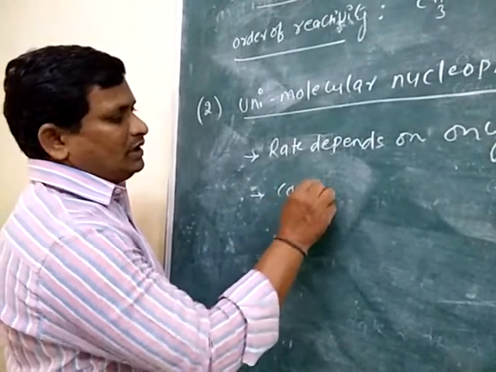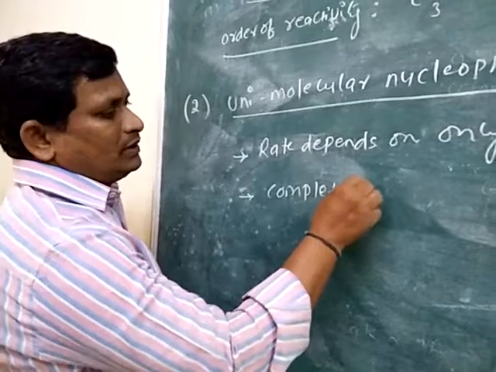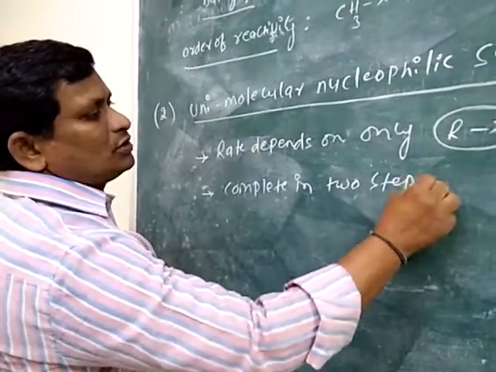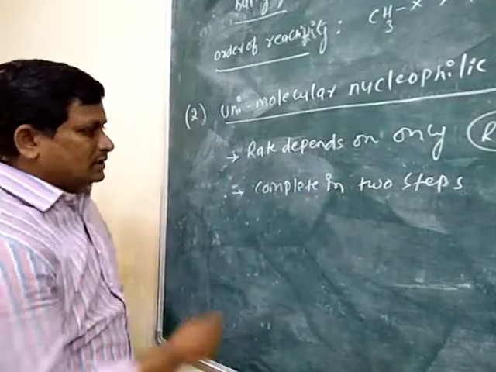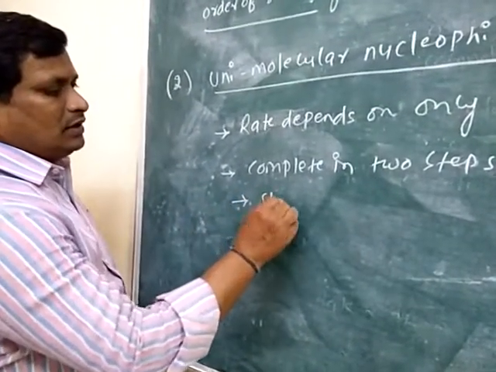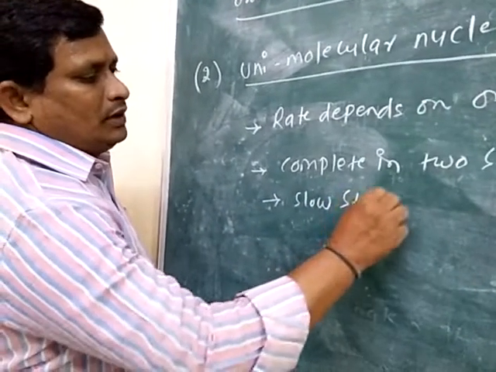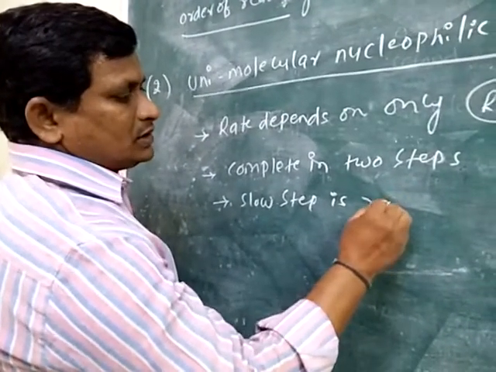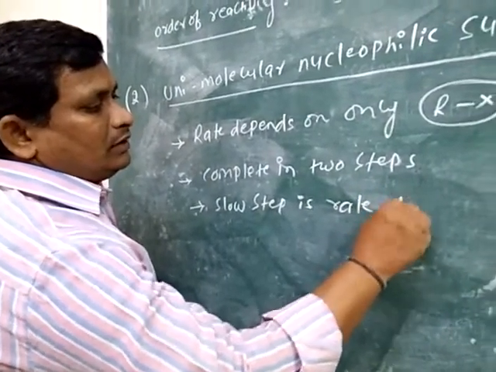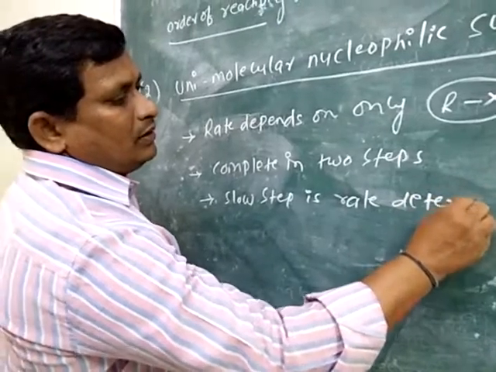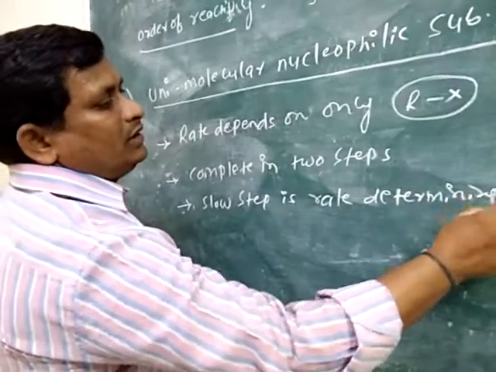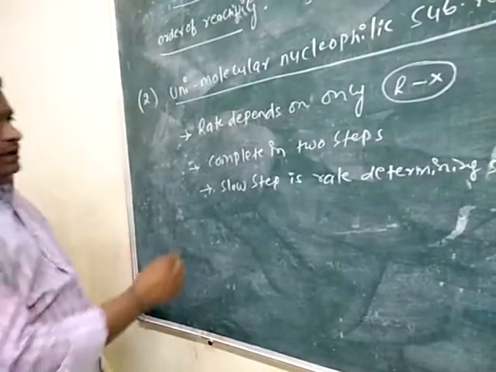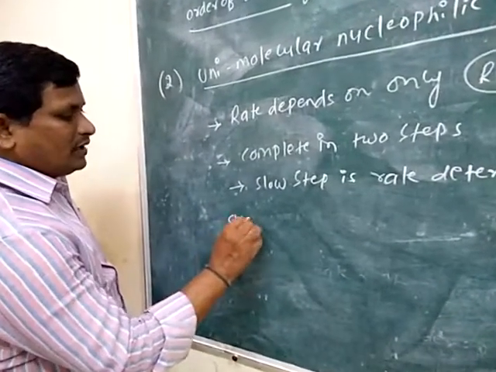It is complete in 2 steps. In these 2 steps, the slow step is the rate determining step. So it is the rate determining step. Now, the order of reactivity